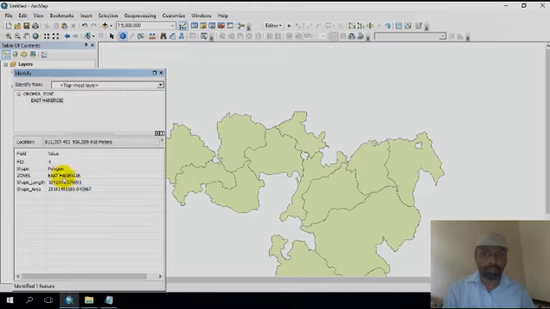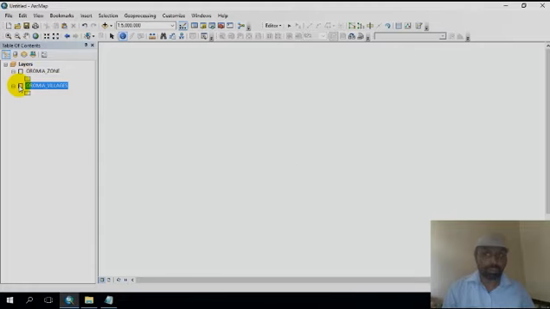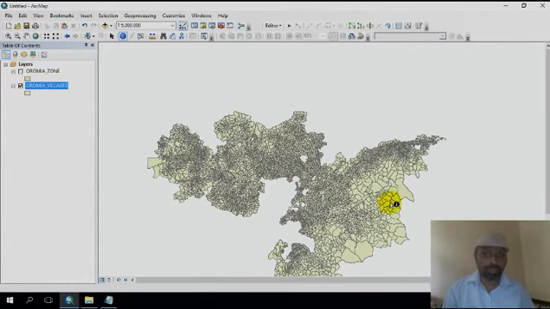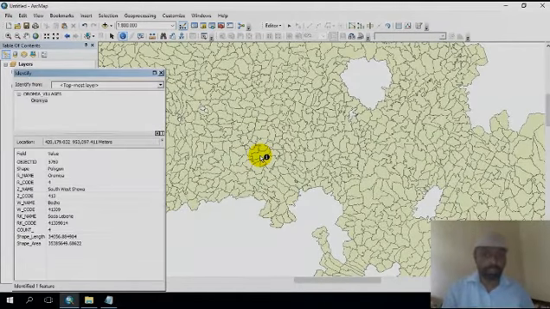It will show you, this one is Harari. Click it. This zone is Bali zone. Okay, like this you use the identify tool. Suppose I use this identify tool in Oromia villages. Just click it, it will show the information.